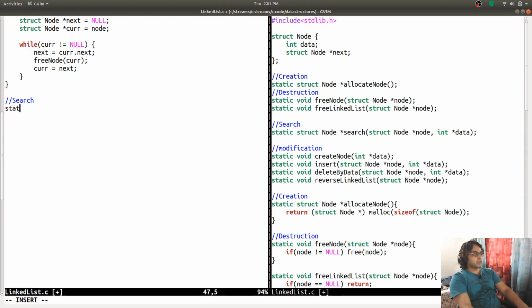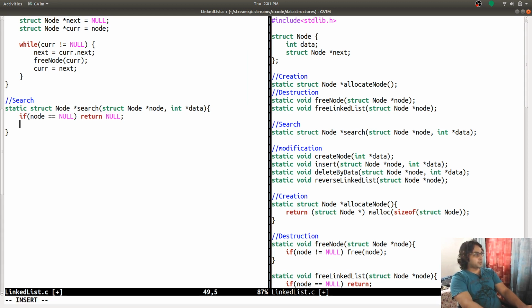Search, what search does is, after finding a node, it returns the node which holds that value. So struct node star node and star data. What I'm going to do is check if node is equal to null, then return null. Very sensible thing to do.